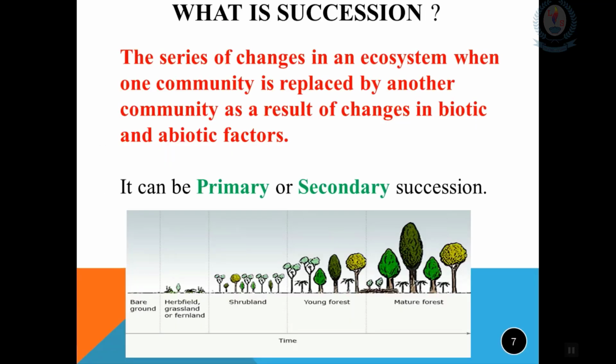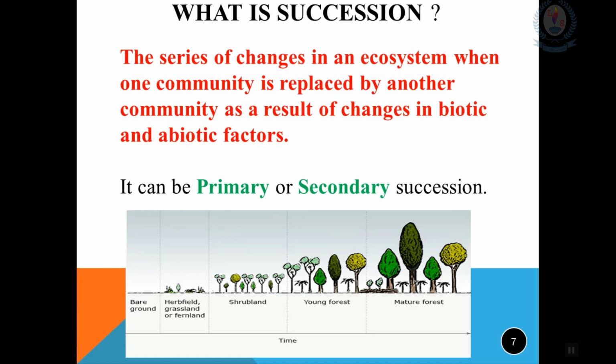What is succession? Our world is constantly changing. New islands are being created. Can you remember recently there was an incident in Australia where a wildfire occurred and nearly 28 million acres of land area and vegetation was destroyed completely. So nothing remains the same, and habitats are continuously evolving and changing.